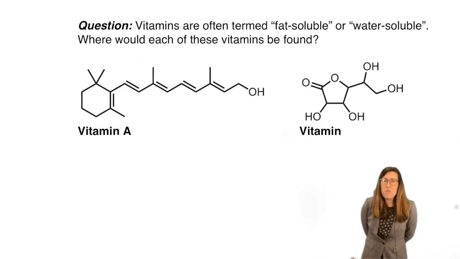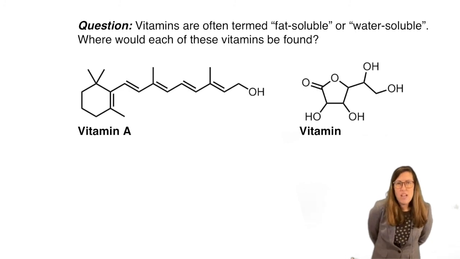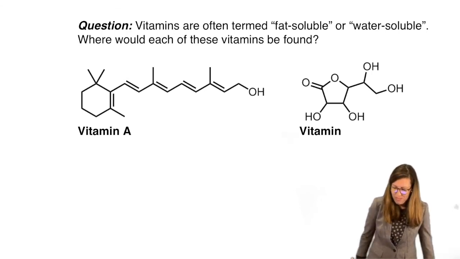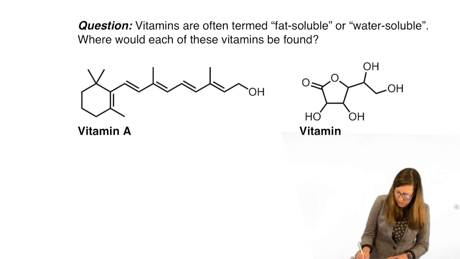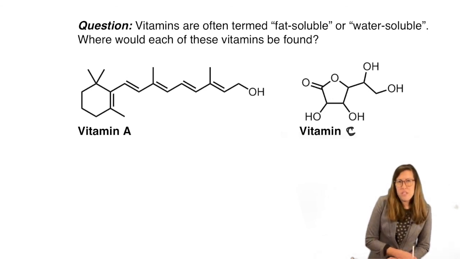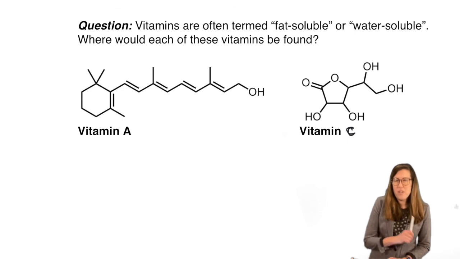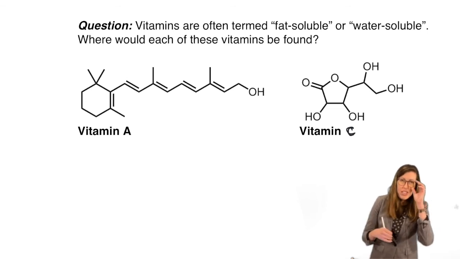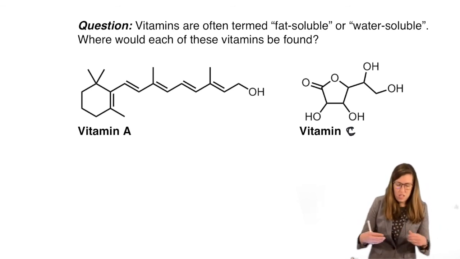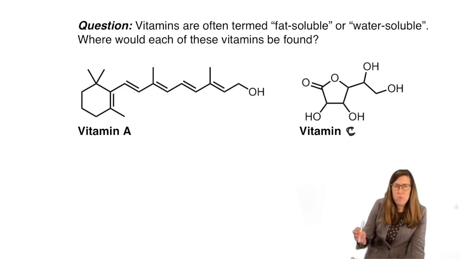Another sort of really common everyday life application of this like dissolves like is the whole concept of fat soluble versus water soluble vitamins. So this got chopped off. This is vitamin C. You might have been told that one of these vitamins you have to be careful not to overdose on, and the other one you don't have to watch the dosage so carefully. That's because one's fat soluble, one's water soluble. The fat soluble ones can accumulate in your fat, and the water soluble ones can come out in the blood and urine quite quickly, be metabolized.